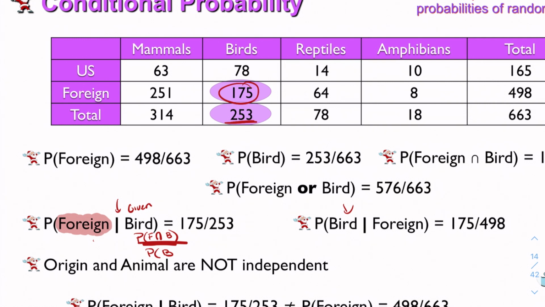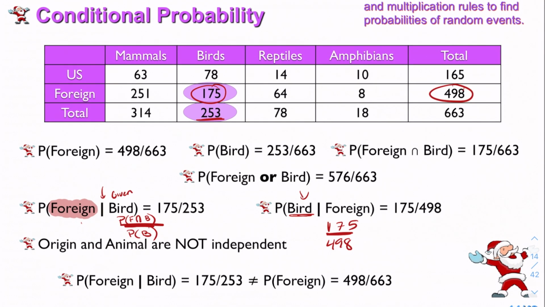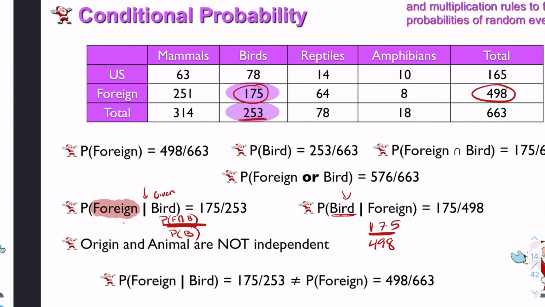If we switch the order, what's the probability they're a bird given that they are foreign? We see that we have 175, which is the overlap, but instead of looking at how many birds we have, we're looking at how many foreign things we have, which is 498. So origin and animals are not independent. They're not independent because in essence, what we can say